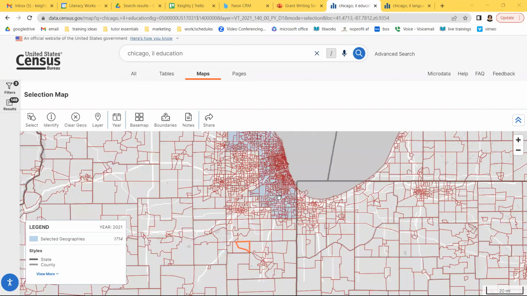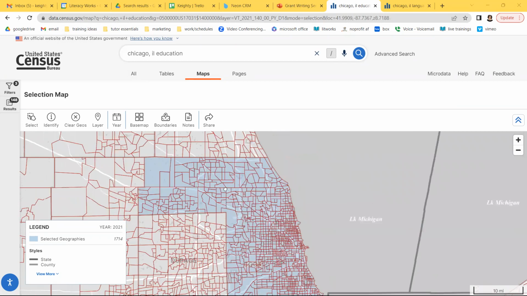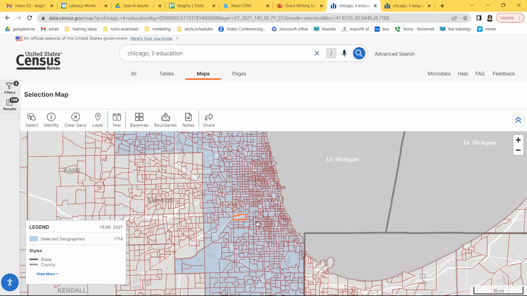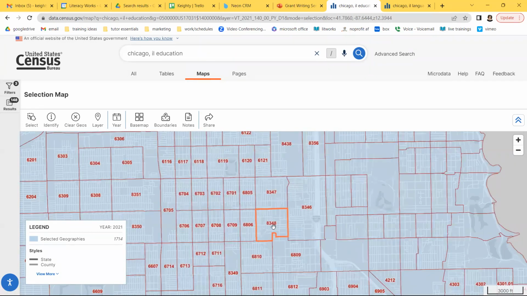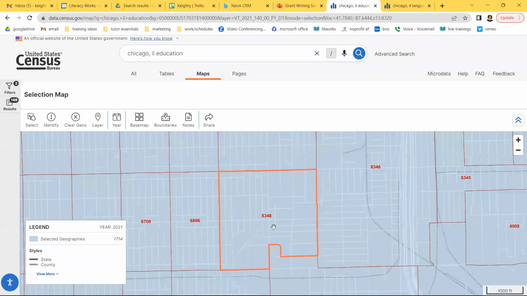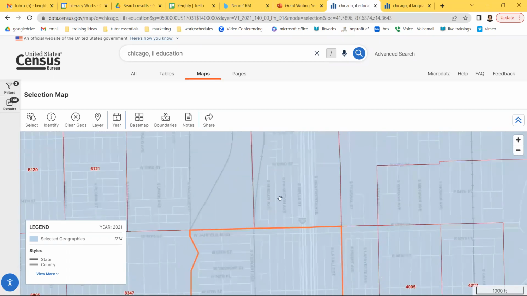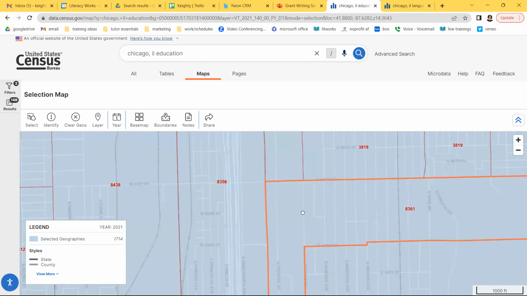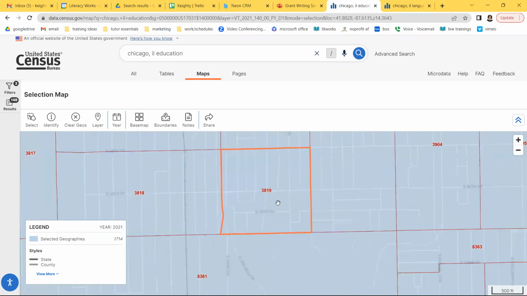We're going in. Finding the tracts is a little tedious, and maybe this is what the block information is building on. But we are going to zoom in all the way, keep zooming in. If you're wondering how to zoom, don't worry, we can talk about that. And you're just going to find your street, and you're going to find where your service area is. So I'm trying to find,